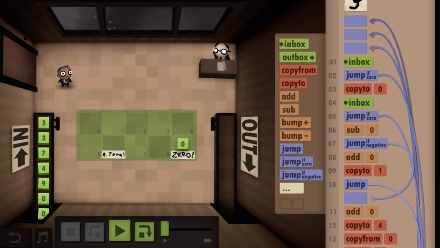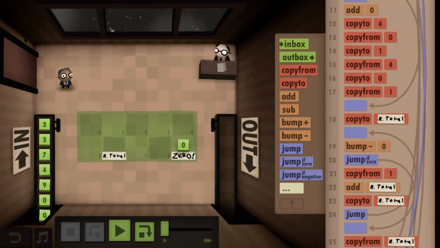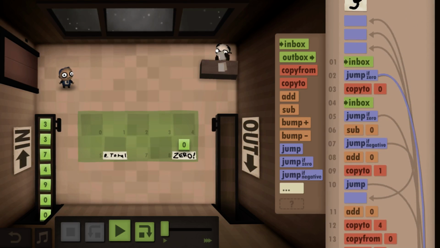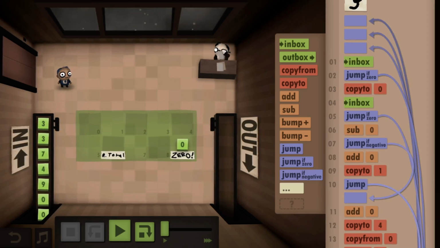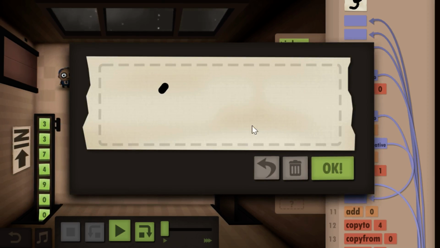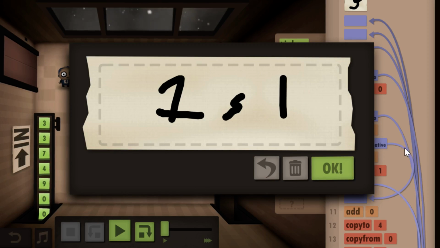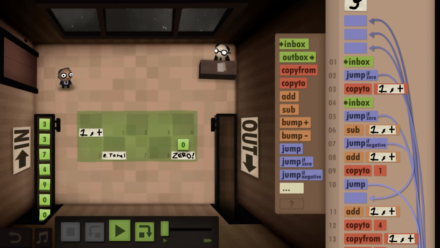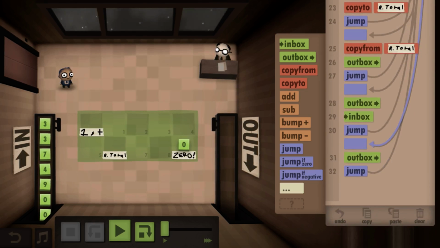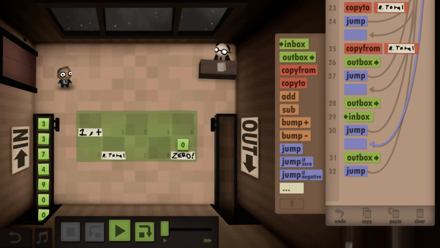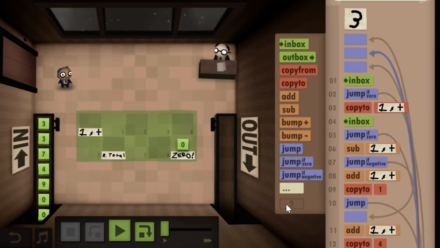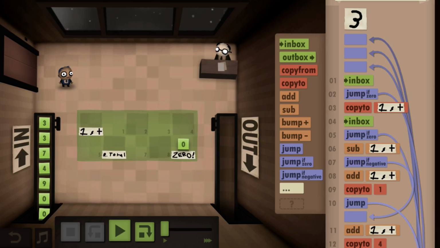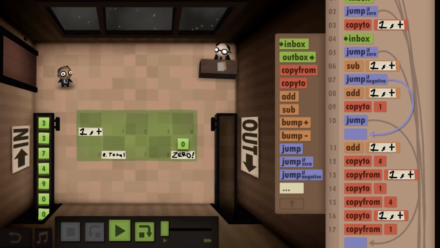But we can try and look at this. Inbox, and then it jumps if 0 to this point where it outboxes and inboxes and jumps. We had that code. Then it copies it to 0, which was first. We could certainly even mark it first if that helps. It copies it to first, and then it inboxes the second number. Again, if it jumps if 0 to this point, it will outbox and then jump right back to the beginning. Notice there's no copying from 0 to our total. Then it subtracts the second number from the first.